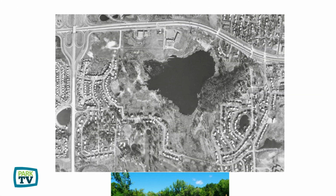Another 1970 event was the purchase by the city of land at the northwest corner of the town for the Westwood Hills Nature Center. The aerial photo, again from the University of Minnesota, is from 1967. You can see the residential development is almost completely built out. The business park on the north end along Highway 12 is just beginning, but Westwood Lake and the wooded hillside